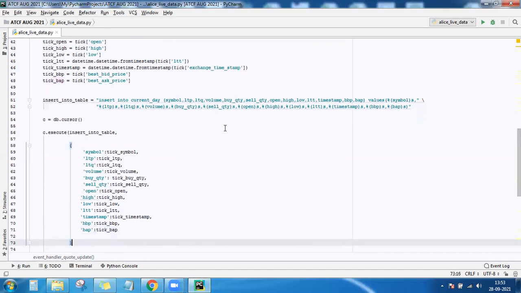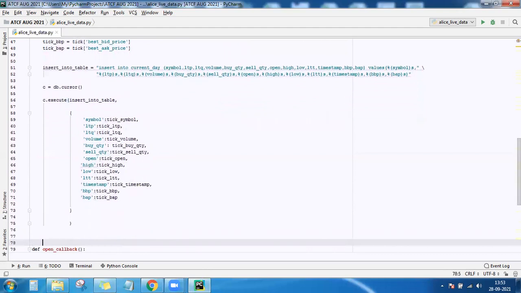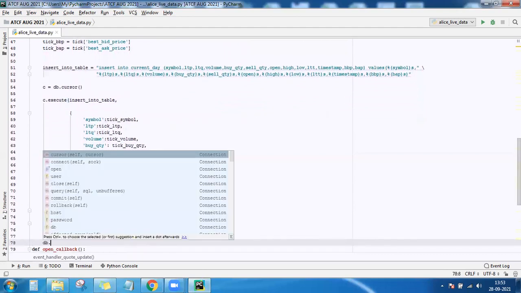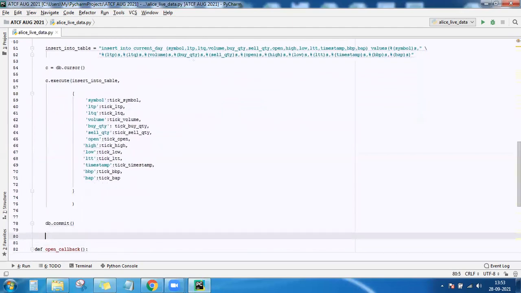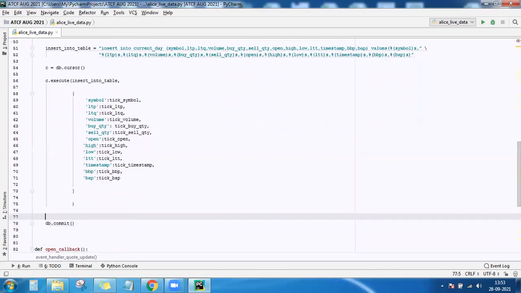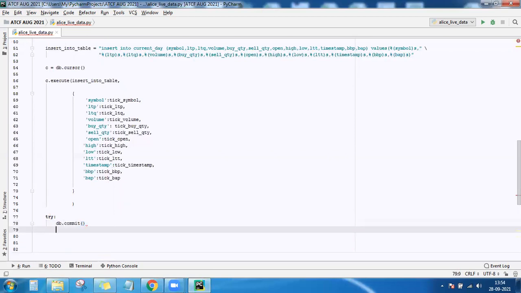Now, after executing the query, you should save it. So db dot commit the changes that it has just made. Now, when it commits the changes, if there is any error, then the connection will automatically be lost. So in order to handle that, first try to save it and print the message tick inserted if everything goes well.